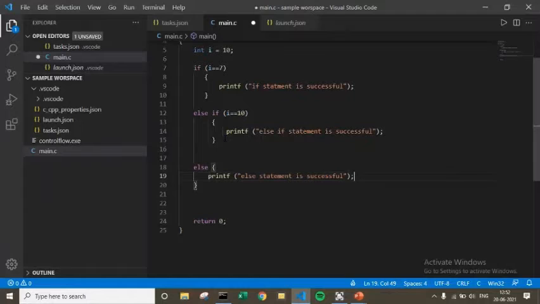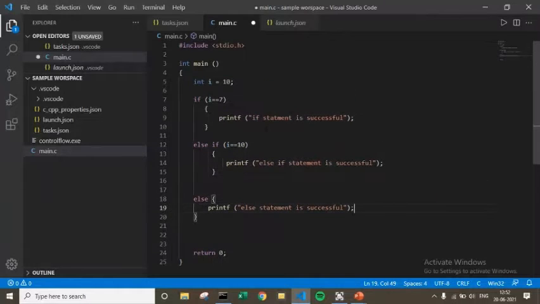So if the above conditions, like if i is not equal to 7, again if i is not equal to 10, so how this code works is, first the compiler checks whether i is equal to 7 or not. If yes, it prints out this code, and if it is not equal, then it checks in this else if whether it is equal to 10.